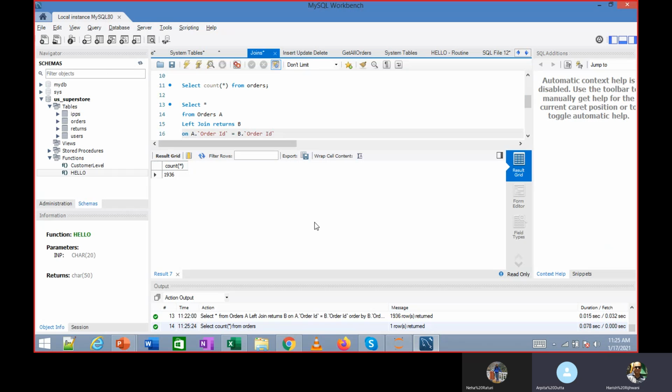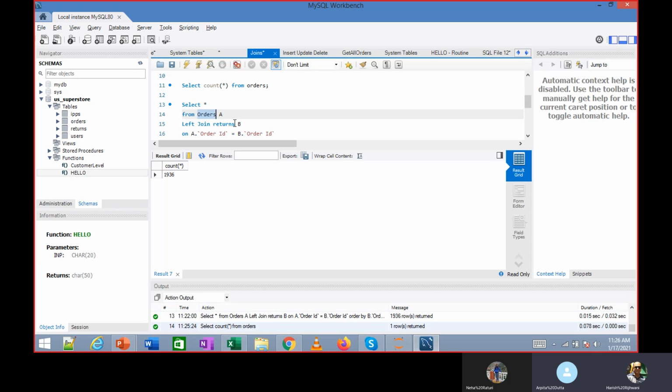For the orders table, it will take all the orders on the left hand side and will check with the returns. The left side of the table in this SQL query, the left side is orders. So that is my base. All rows of the left hand side will come.